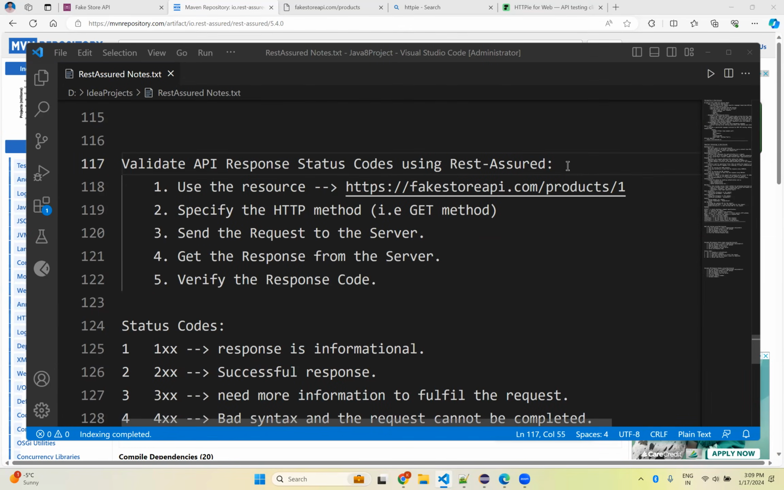Hi, in this video, we will see how to validate API response status codes using Rest Assured. Once you get the response, I want to verify the status code of that particular response. So how can you do that? For that, I'm going to use the resource